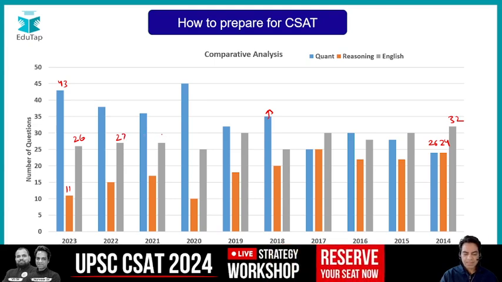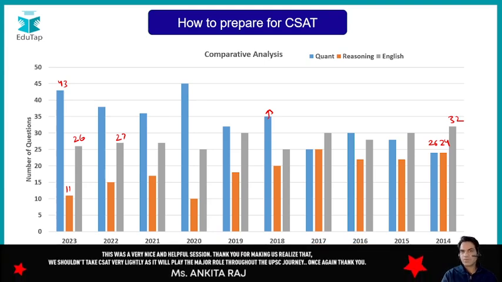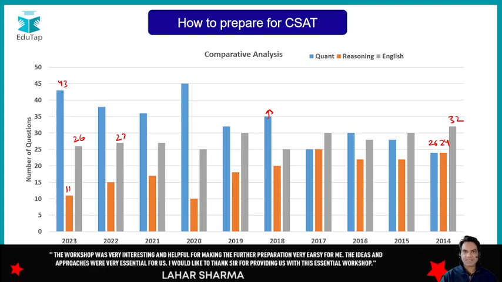So see guys, the first strategy is you cannot crack this exam by focusing on only one or two subjects. This is called aptitude. Then you have to be above average in all the three. So the best strategy is to not place all your eggs in one basket, to prepare for all the three subjects equally. There you have your strong subjects and your weak subjects, but still at the same point of time